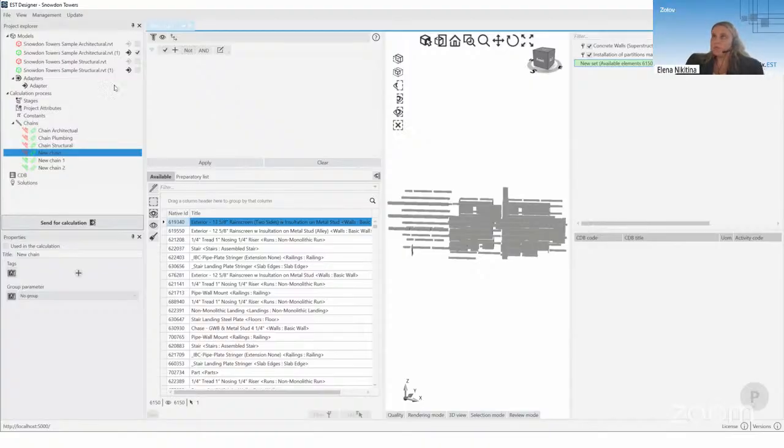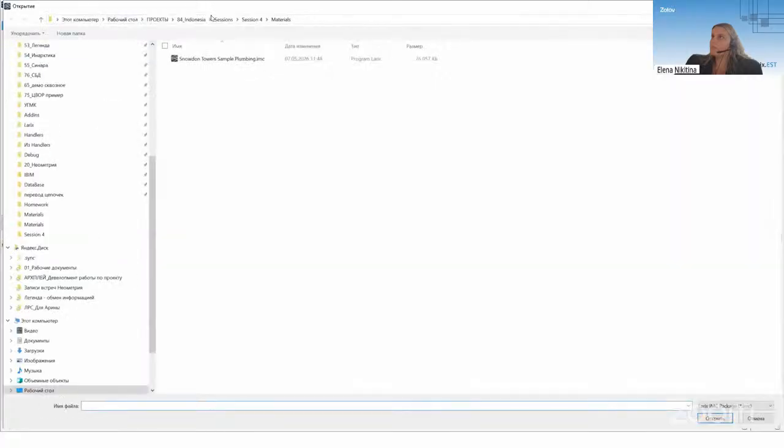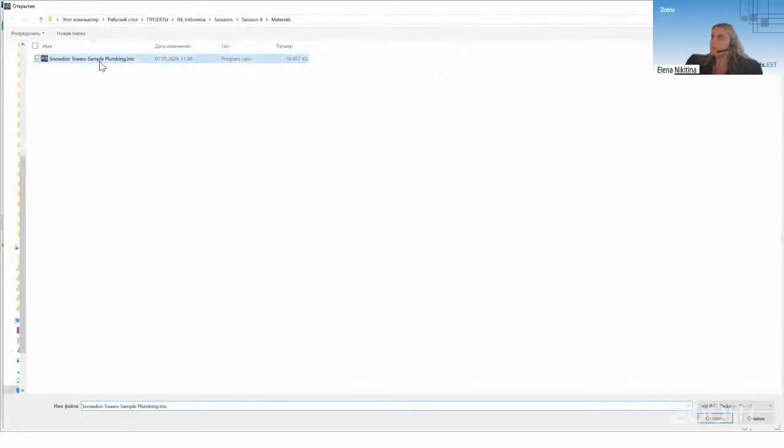At first, I think we can add a new model. We need to put this model in the model section. Please right click on the model section and choose add model. And here we can see it's the plumbing model. It's the same project, but another model,